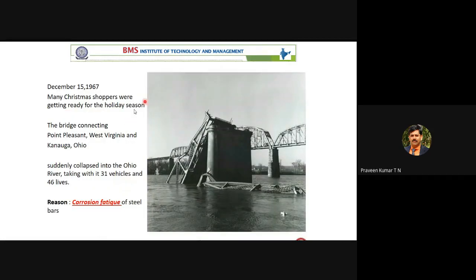When bridges have vehicles running continuously and repeatedly, the bridges are subject to cyclic loading. Because of this cyclic loading, the whole bridge may fail. It may not fail because of static loading. If you keep around 30 to 40 vehicles side by side, the bridge may not collapse. But if only 5 vehicles are moving continuously from one end to the other for 8 or 9 hours, it may fail because the bridge components are subject to fatigue loading.